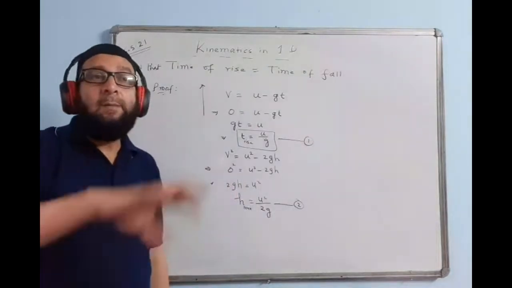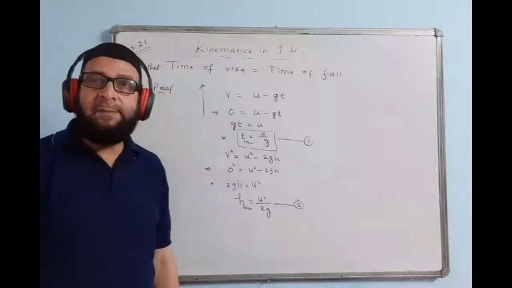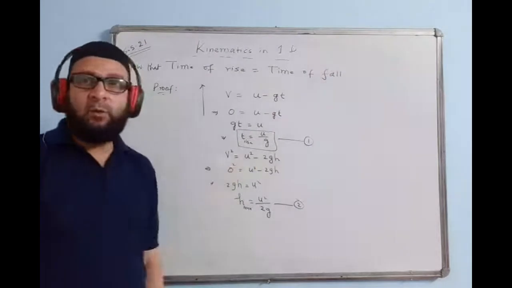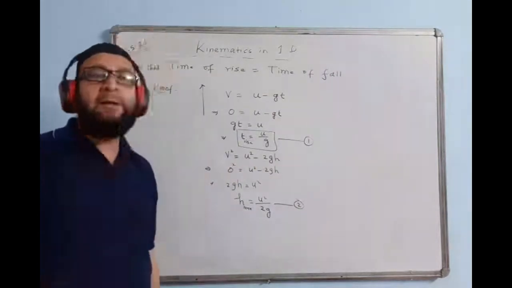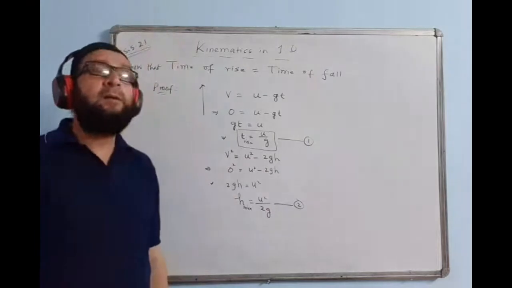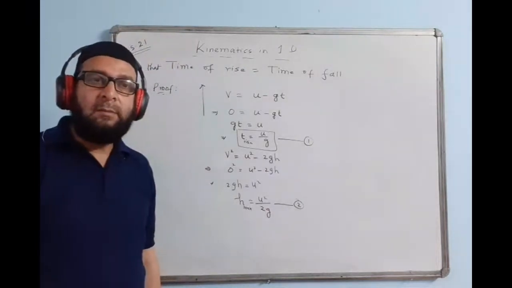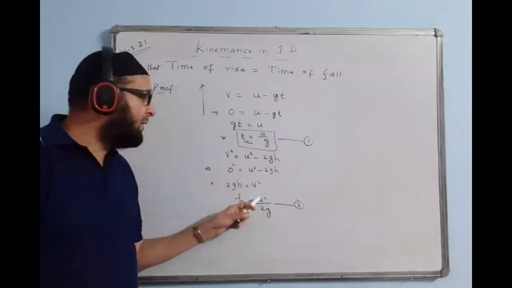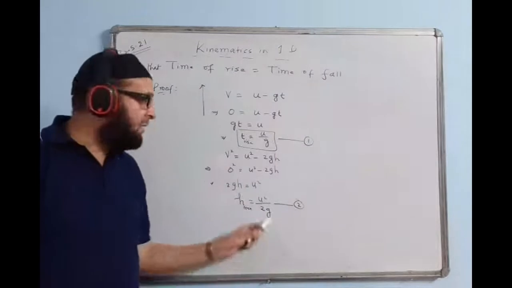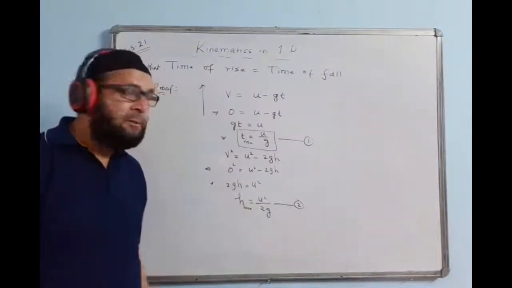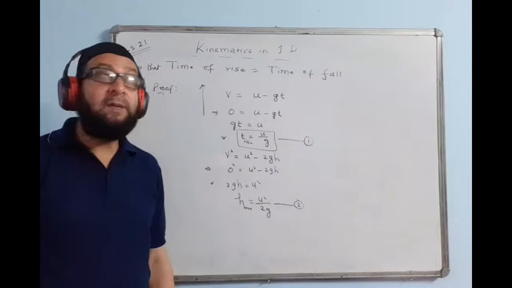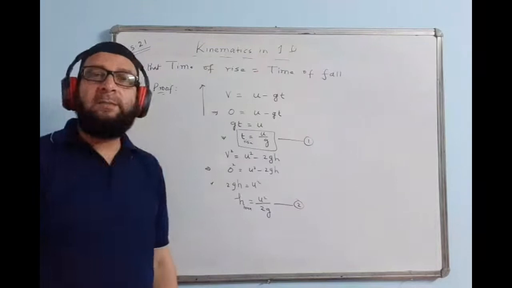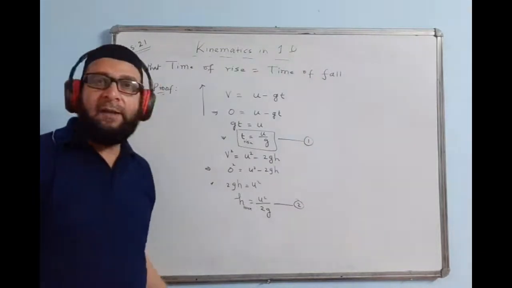I give one example. A stone is thrown up with a velocity of 20 meters per second, and time is calculated by using this formula, 20 by 10. I have done, answer 2. Now find the maximum height reached by the stone, or up to what height the stone reaches before returning back. So let us find this value. We can put u value 20, like 20 squared, that is 400. g value I take 10. 400 by 20, the answer will come 20 meters. So the stone will reach a height of 20 meters before returning back. That is the maximum height reached by the stone. We can use this as a formula for finding the maximum height.